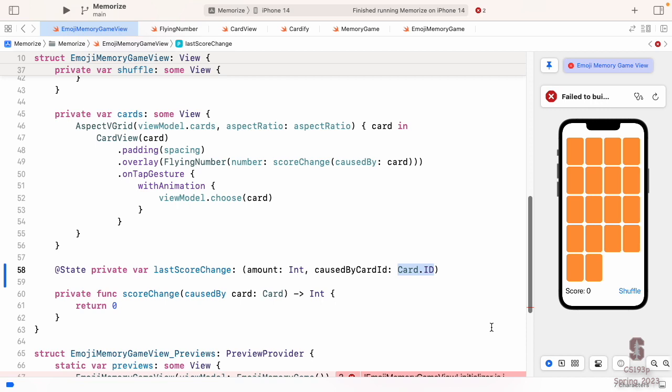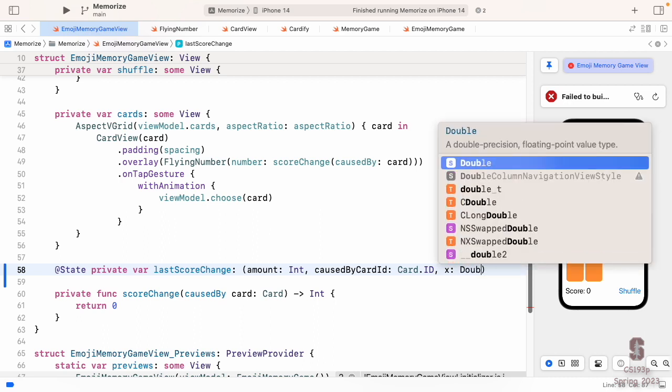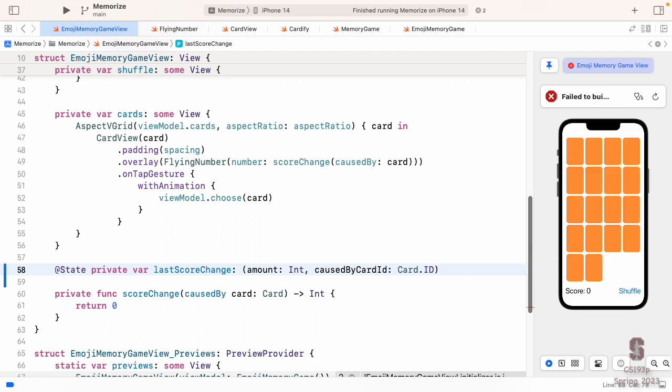We know that, but here we don't have to know that. We can just know that this is the identifiable for the card. So let's go back to understanding the tuple. A tuple can have any number of pieces of data in parentheses. We only have 2, but we could have more. We could have another one, X is of type double. That's perfectly allowed. We can have as many of these things as we want in our tuple type.